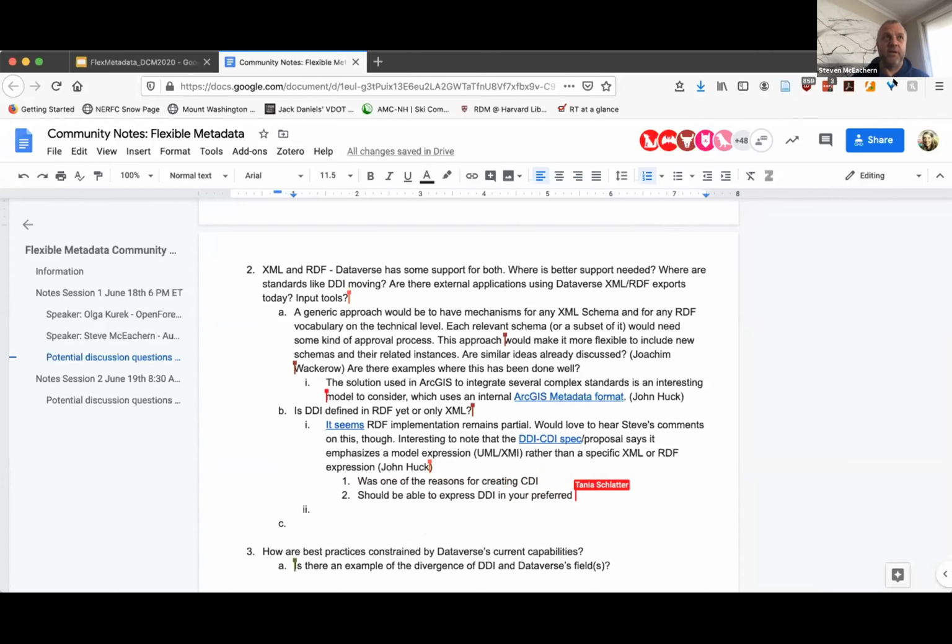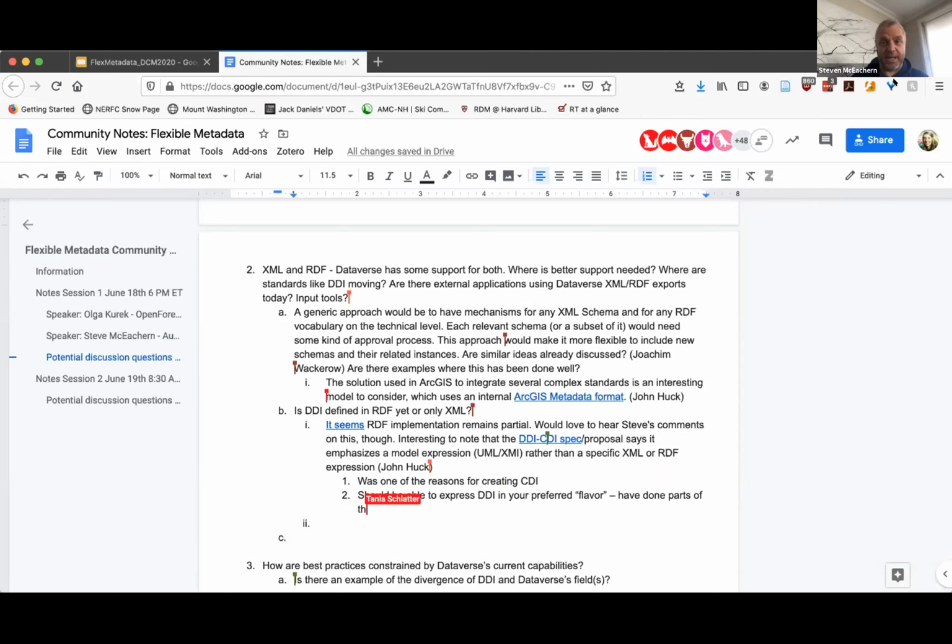So we've done parts of this work periodically. Richard Cyganiak helped to produce the first version of Disco, and we took another go at it a couple of years back, but it's been a question of resources and expertise within that working group. So if there's anyone who's interested, please feel free to get in touch. We'd absolutely love to be able to push in that direction.